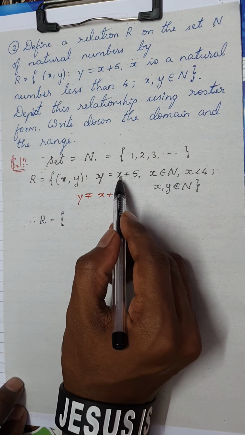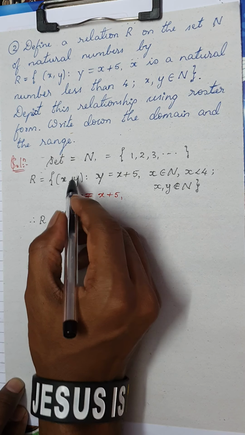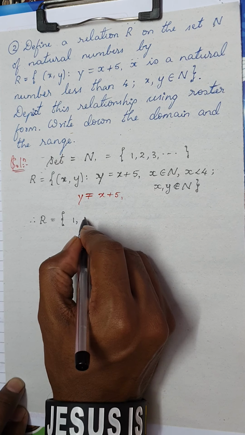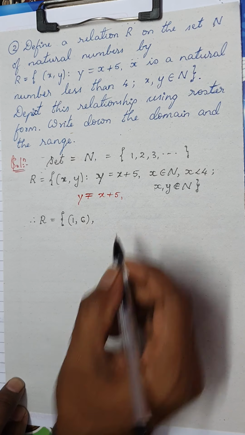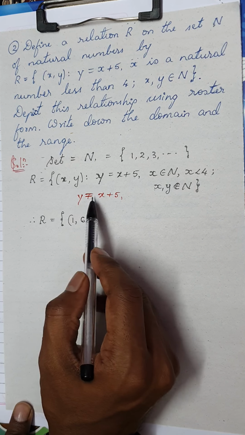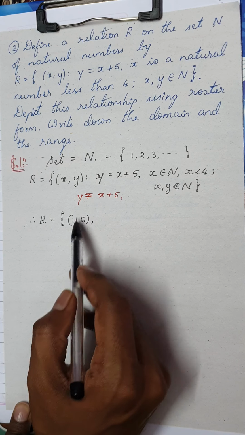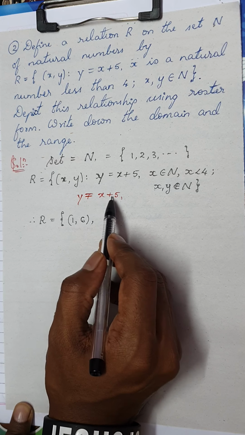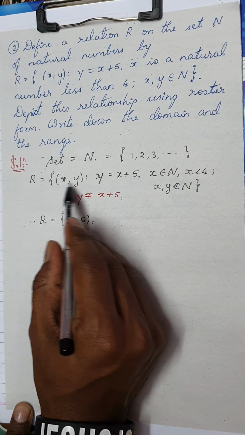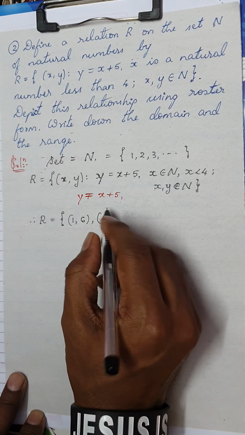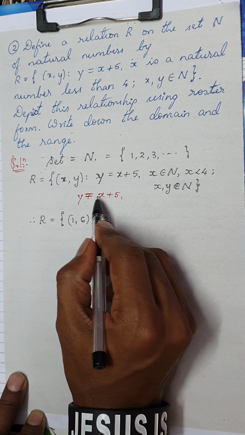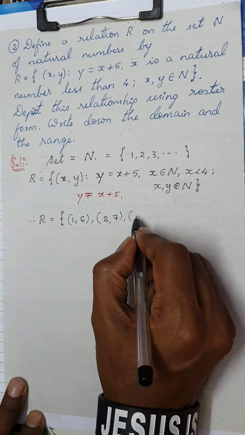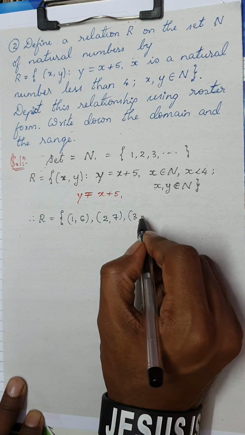So let's put the value of x equal to 1 now. Natural numbers, so if I put x equal to 1, then y will be 5 plus 1, that is equal to 6. Are you following? You can see here y is depending on x. So if you start putting the values of x, you will get y. If I put x equal to 1, y will be 5 plus 1, that is 6, because you need the ordered pairs. Similarly, if I put x equal to 2, then y will be 2 plus 5, that is 7. Now, if I put x equal to 3, y will be 3 plus 5, that is 8.